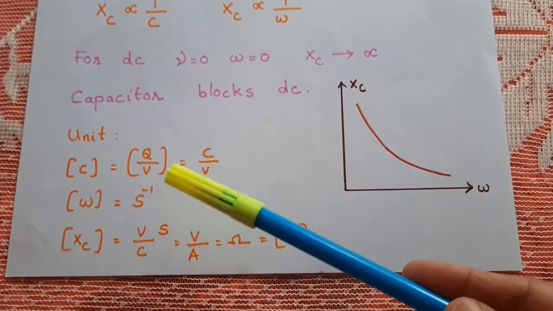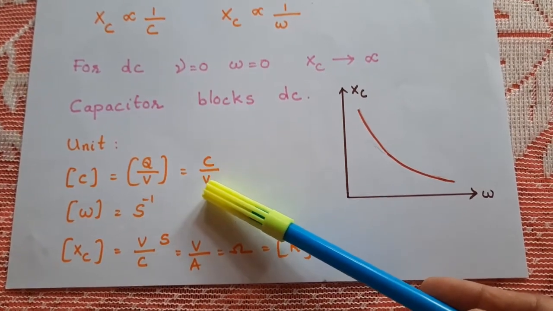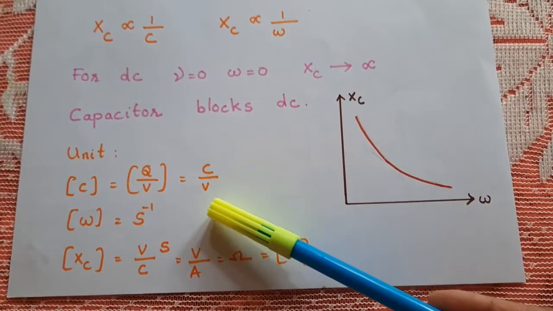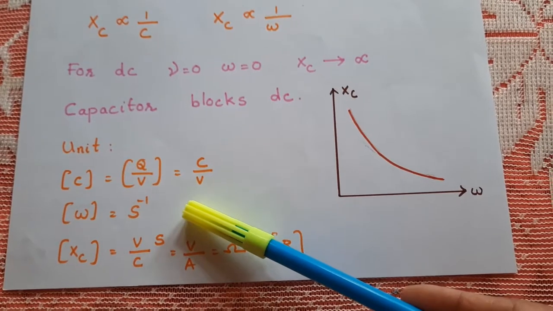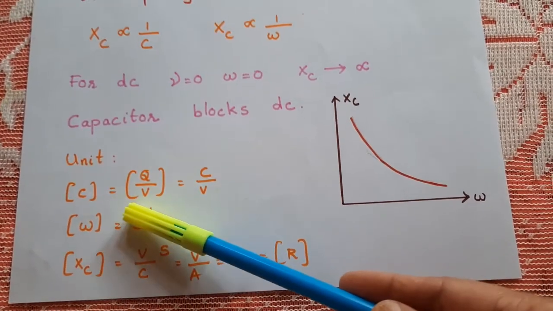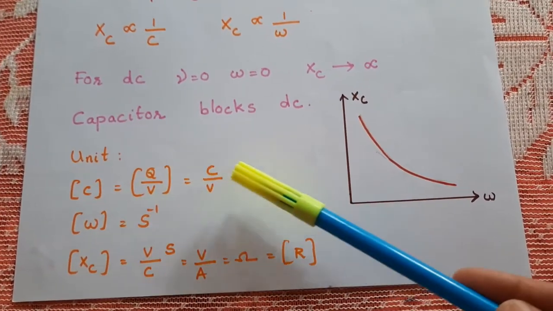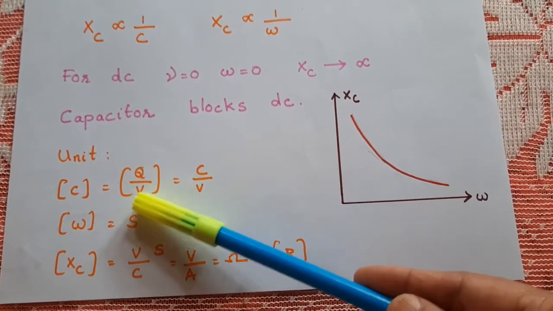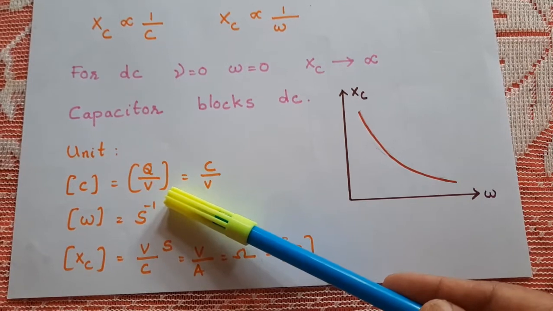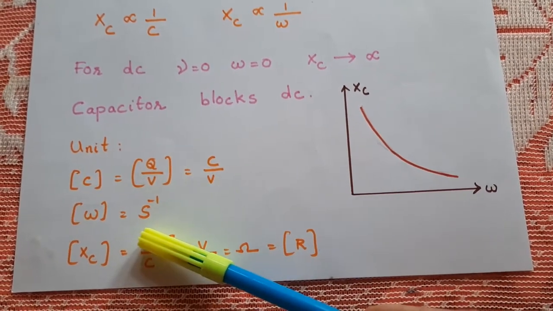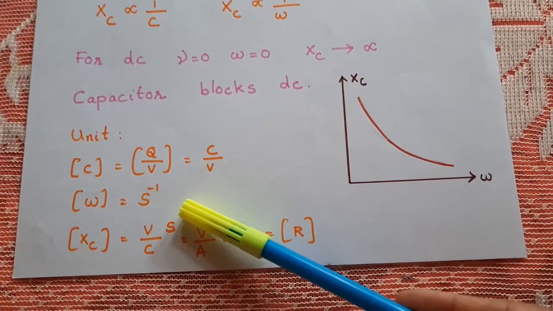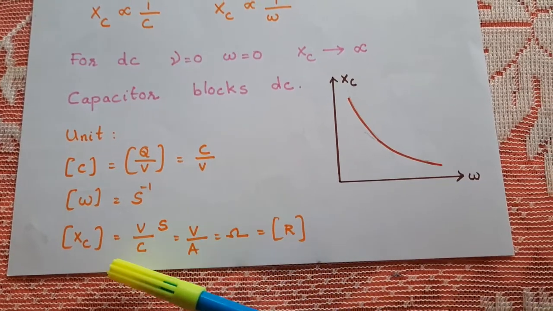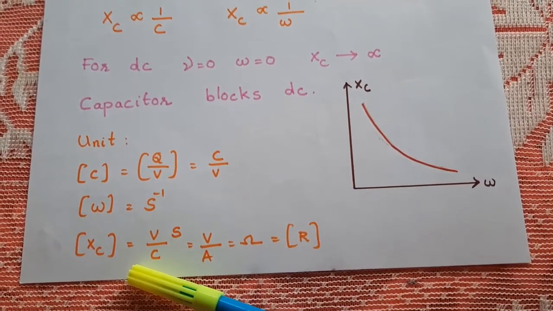Let us find the unit of capacitive reactance Xc. Xc is 1 by C omega. The unit of capacitance is coulomb per volt, because capacitance C is equal to Q by V. And the unit of omega is per second. Therefore, the unit of Xc